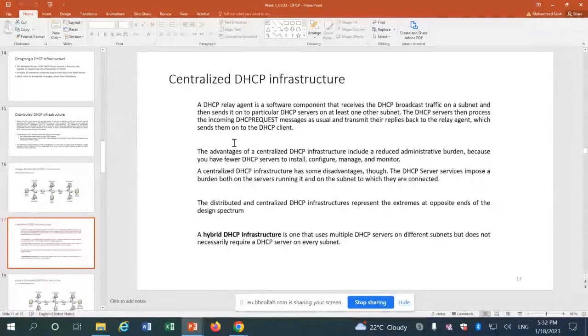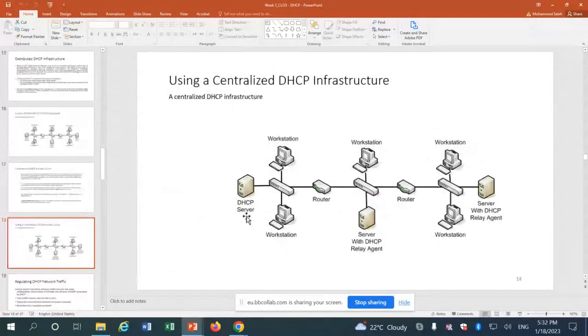The other method is centralized. I will have one DHCP server. Look here. And in the other subnets, I don't have to buy this. I will put an agent. It's software. You add it to the server. It's called a server with DHCP relay agent. The relay agent will allow